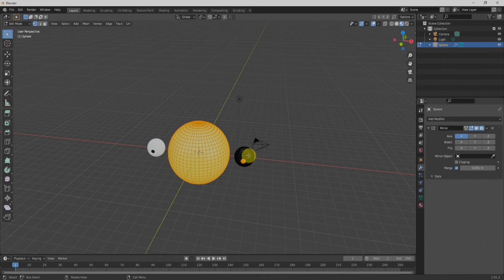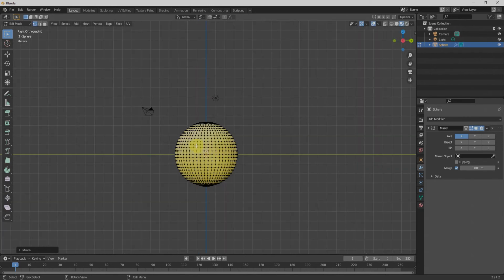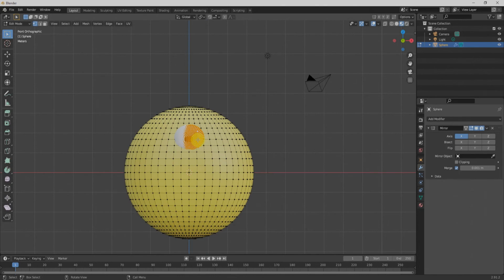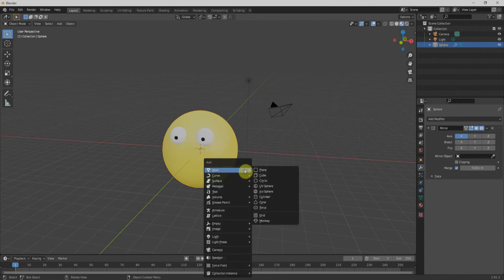Now we'll go into edit mode and press L, which is for island selection. We'll select the whole sphere, bring the size down a little bit, and bring it over here, and adjust it from there also. And lastly, before going for shape keys, I'll press Shift A and add one cube.